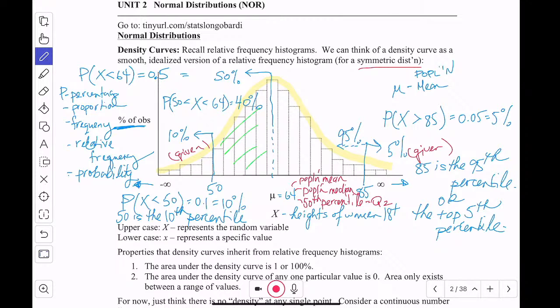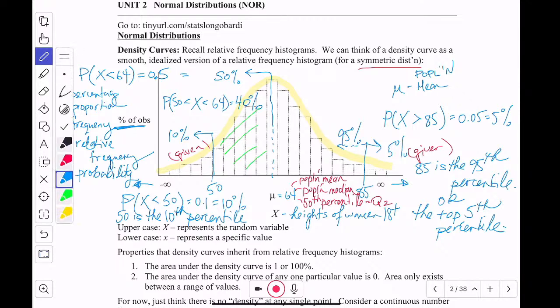Okay, so that's all I wanted to say about this. We're going to pick up here when we meet again on Monday, but in the meantime, I will make the test up to here, so it won't have normal stuff in it, but I'm going to zoom through the normal distribution material. So what I need you to do is read ahead and watch the videos for normal if you have time after your test on Sunday.